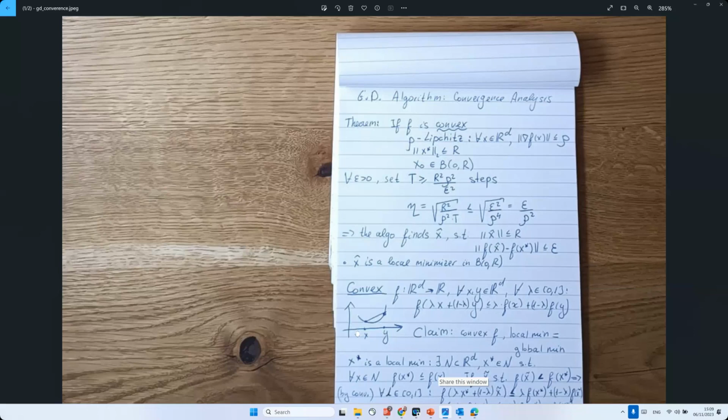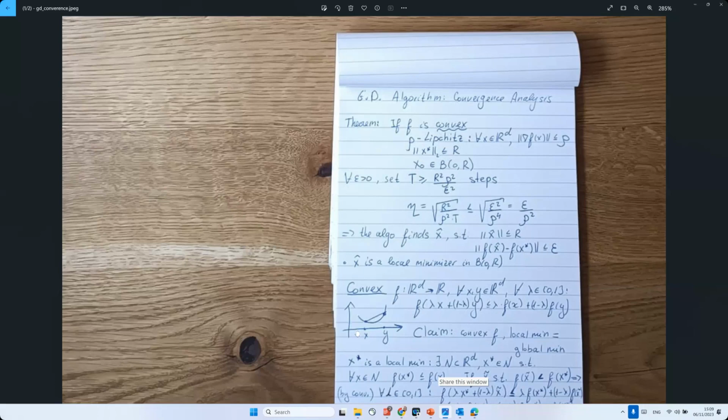And it's always correct. Yes, the point we are looking for is located somewhere. So of course there is some r such that x star belongs to this ball of radius r, right? It can be huge, but there is always such an r. It's just the length of this x star. So if we assume that we know this bound r,